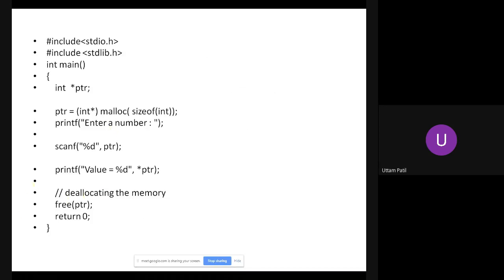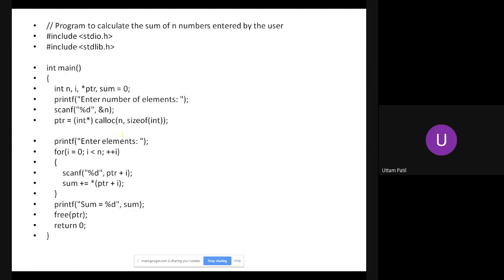See here in the program, I had written a statement which I had not explained earlier. This free PTR, I had written it here. This is a program which I executed and showed you. And here is the calloc program which we executed. In this also I have written a free PTR statement.